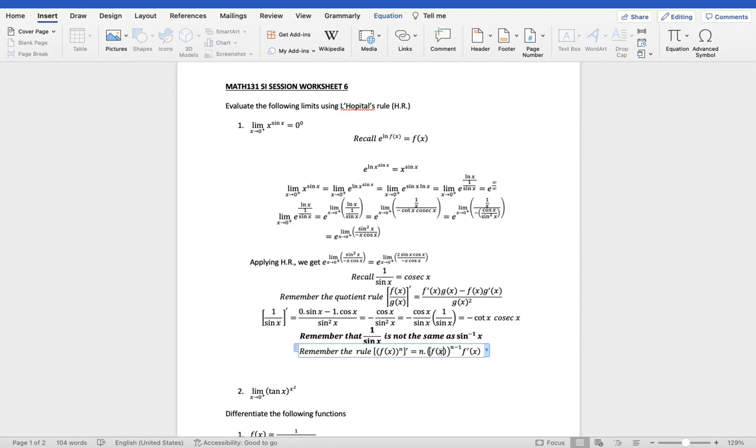So 5 times x to the 4 multiplied by the derivative of x, which is 1. So the derivative of x to the 5 is just 5x to the 4. So you can see that there are identities that are general enough that they apply to any sort of function. So now let's apply that